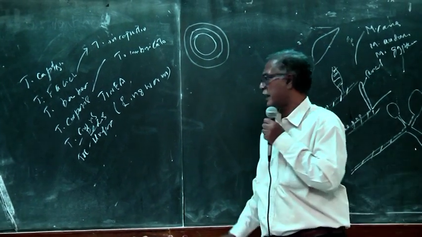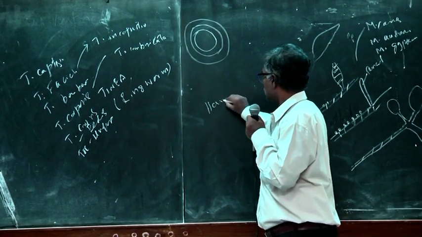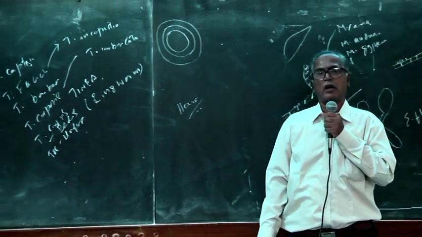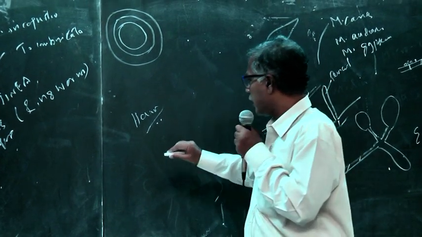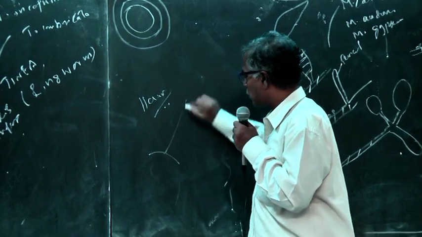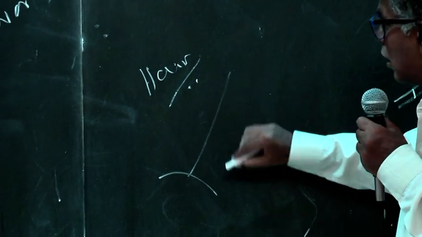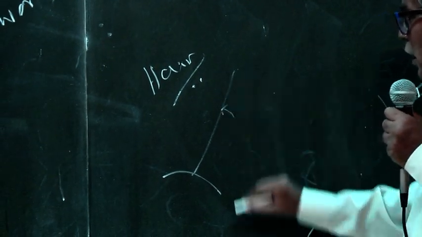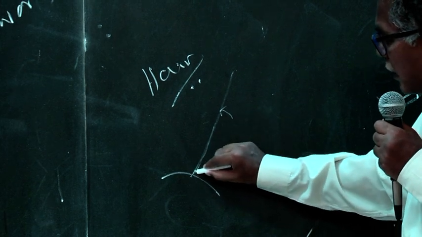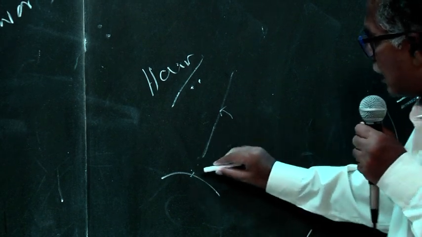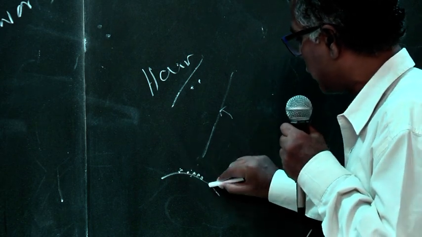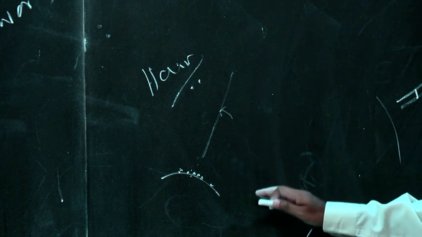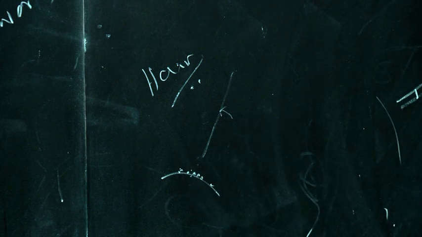So coming on to the hair, the Trichophyton rubrum and Microsporum species are the most important causes of hair infection. In the scalp, the hair grows like that. Usually the fungi enter through the shaft and go down, and then the hair breaks down. Whenever the hair breaks down, it leaves a black dot spot, and it produces alopecia, that is loss of hair. This is usually caused by Trichophyton rubrum.